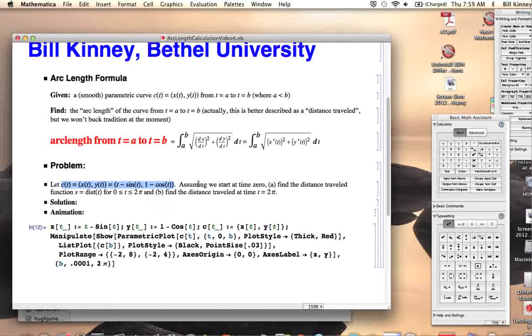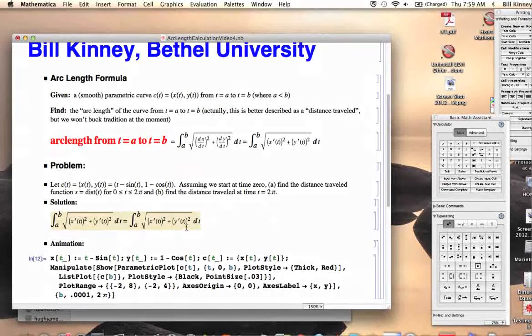I'm going to dispense with first finding the arc length over a certain specified interval and then finding the distance traveled function. Instead, I'm just going to go ahead and find the distance traveled function right away and then use that formula to find the distance traveled over the specific interval from 0 to 2 pi, the distance traveled at time 2 pi, meaning between time 0 and time 2 pi. Alright, so once again we'll just copy and paste this formula down here